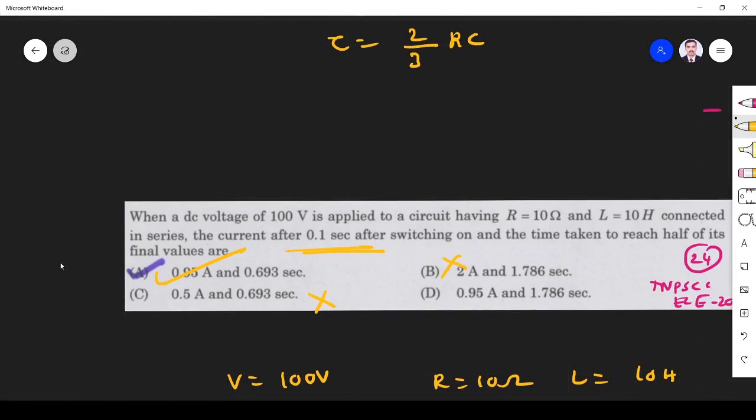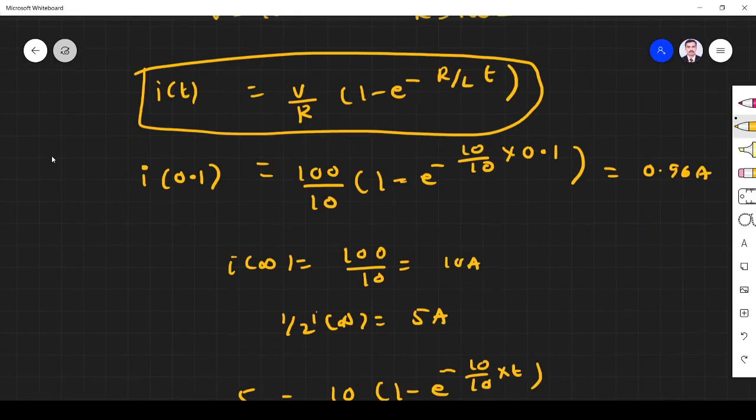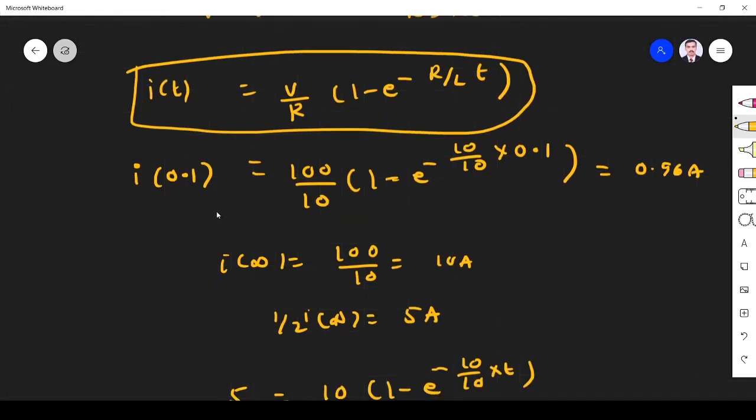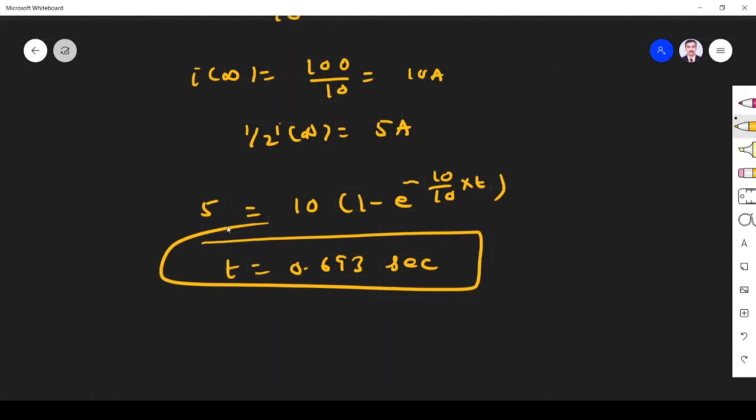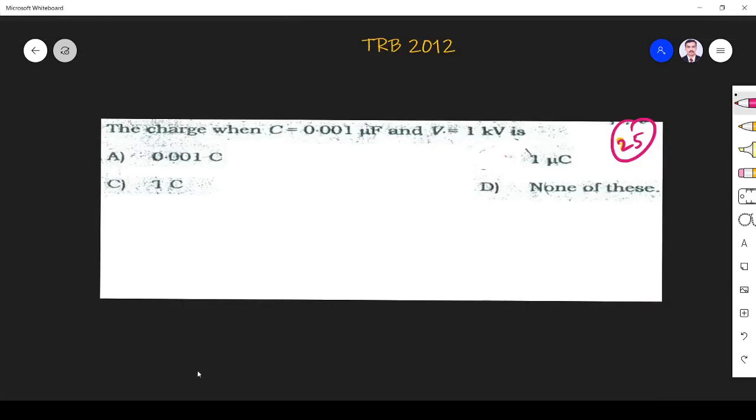Already we got 0.95, right? I of T, I of 0.1, it is 0.96. So time taken to reach half of the final value, 5 amps, is 0.693 second. Okay. The next question is the charge when C is equal to 0.001 microfarad and V is equal